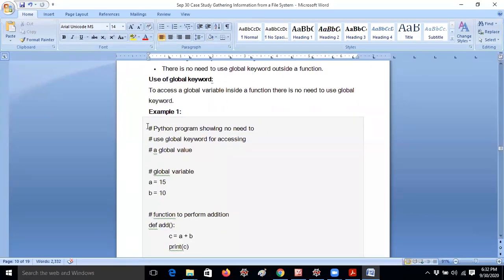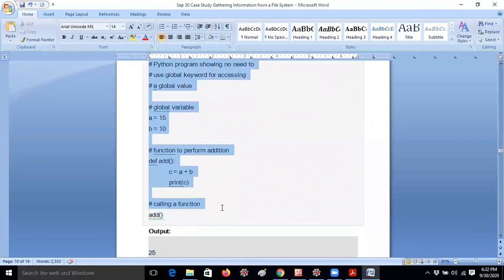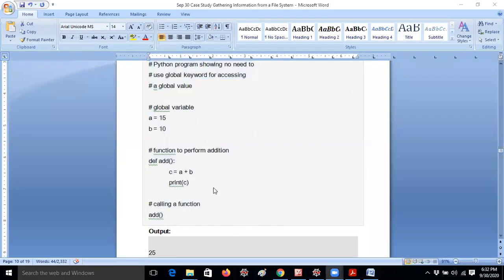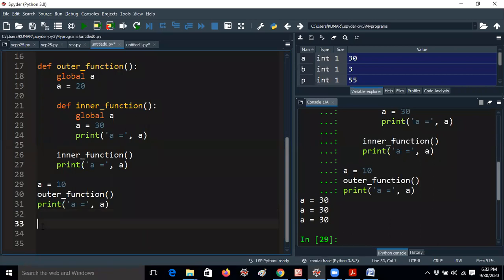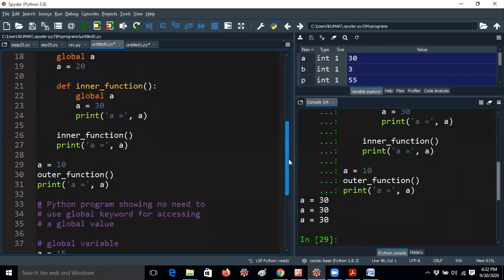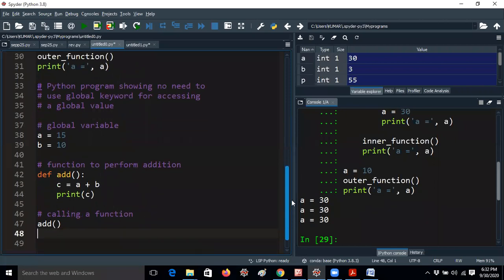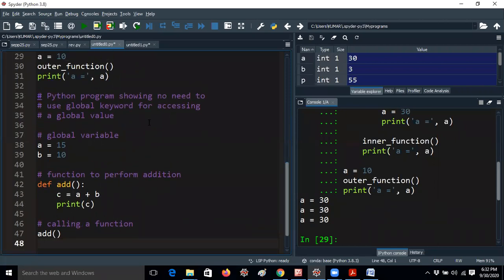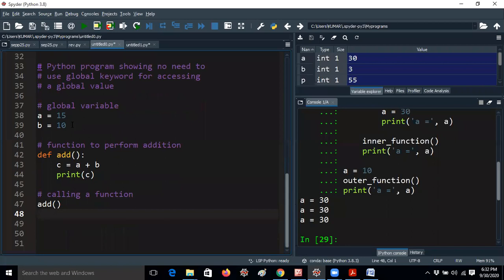First of all, I would like to give a simple example for better understanding purposes. So here I am giving a simple example, guys. I hope you definitely understand this concept. So coming to this question, now I am giving a value 15, b value 10. Here I am declaring global variables. One minute, guys, I am giving you only comment lines. You don't need to read all these things.